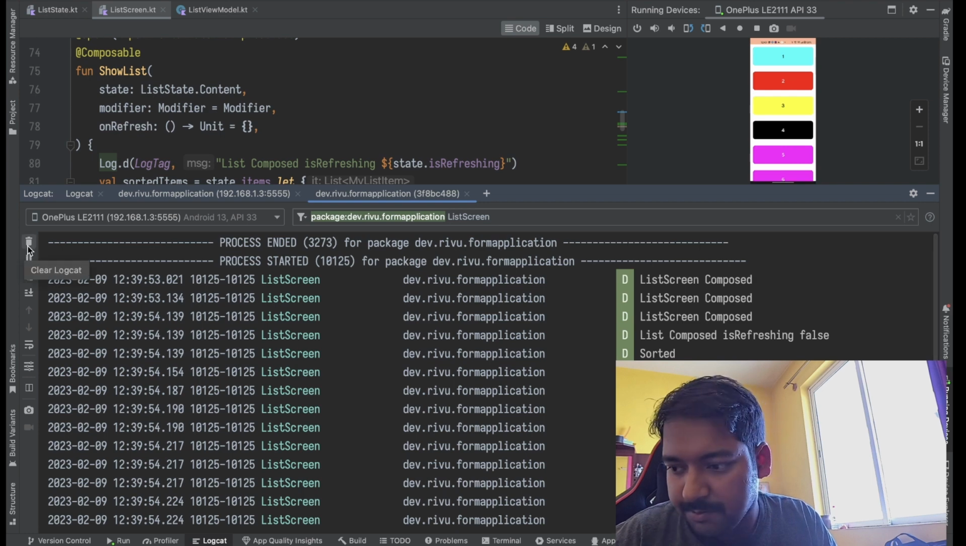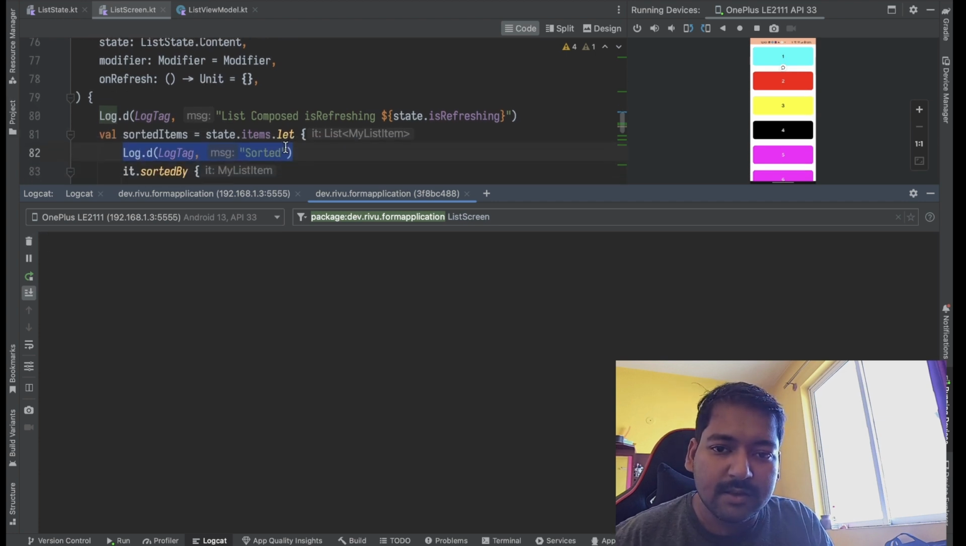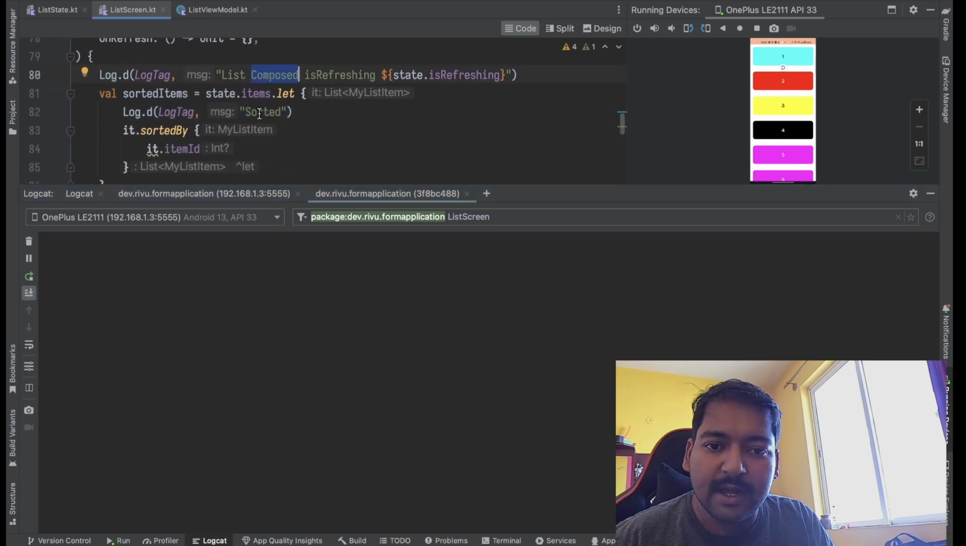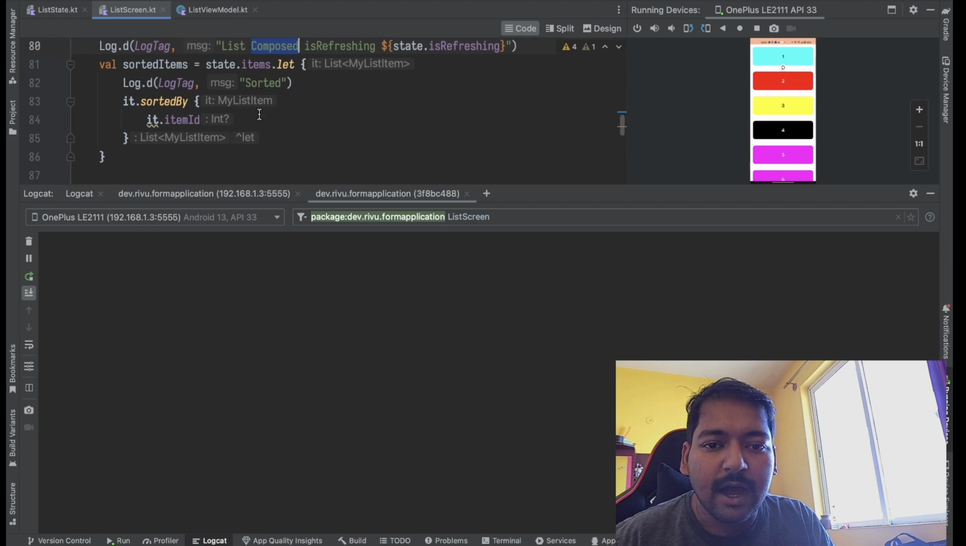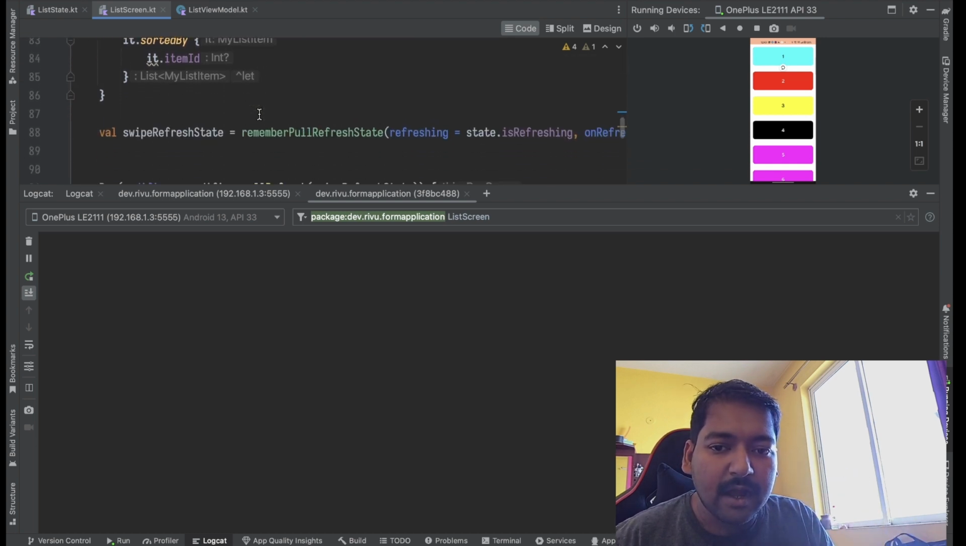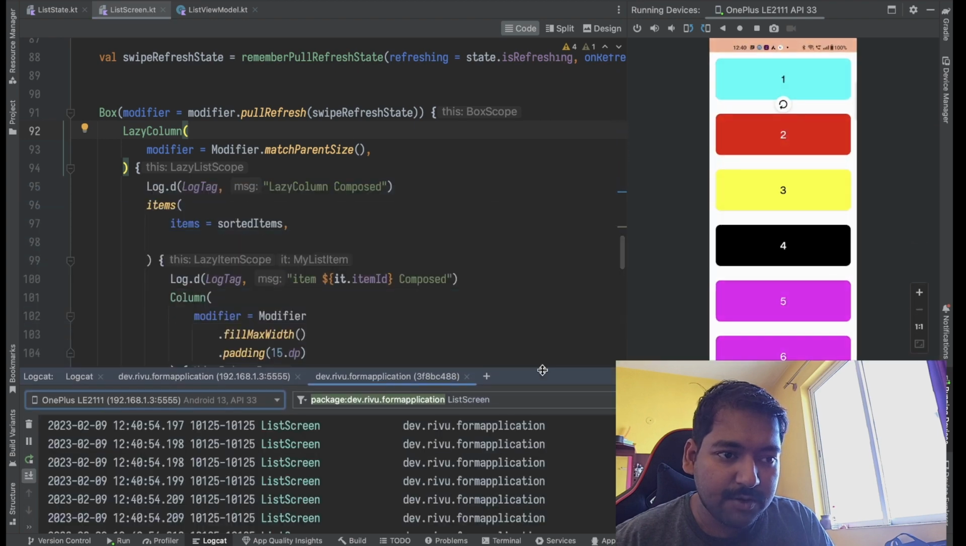Now let me clear it and do a pull to refresh. So ideally what should happen? Ideally this list compose will be printed, and then what would happen? Nothing else, right? Because items are the same, and this LazyColumn should not be recomposed, right? That is our expectation. But if we do this,